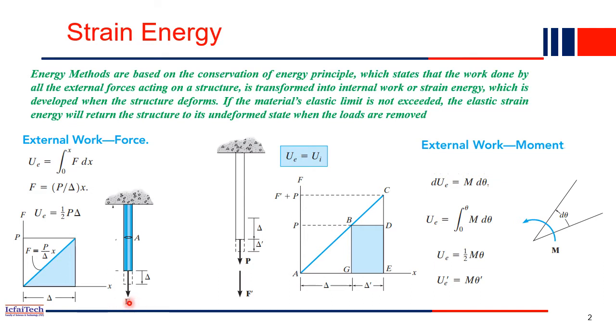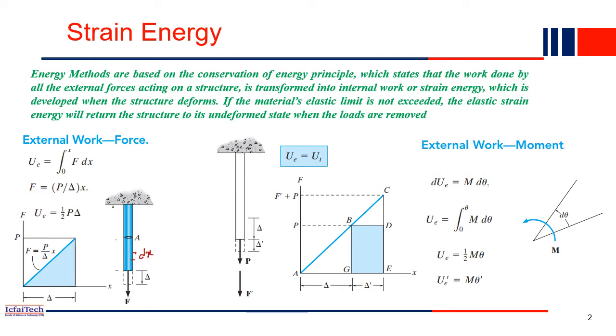As I mentioned, when the force F is applied, there will be a small deflection, and that is delta, capital delta, right? So whatever work done happens, that will be nothing but the external energy or external work. So external work, we always denote it as U, the energy. UE, suffix E is external. So UE equals integration 0 to x of F into dx. So let's consider delta is the final deformation, but when the load is applied gradually, maybe a small load is applied, then the deflection maybe happened is delta x, for small x.